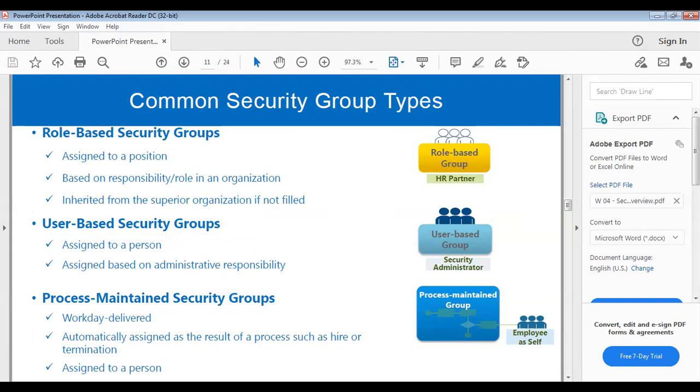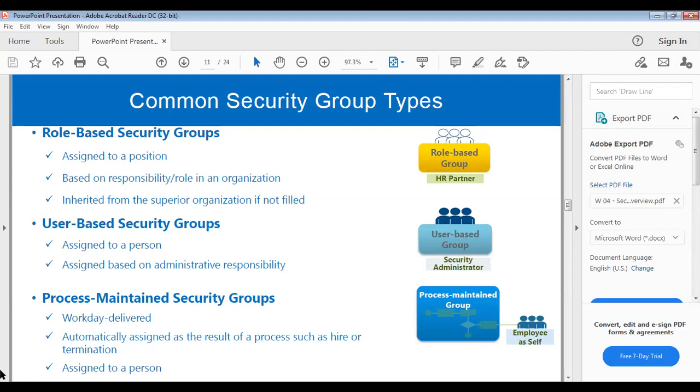So every organization has different kinds of titles or designations. How is Workday deciding to assign the particular security to that person?